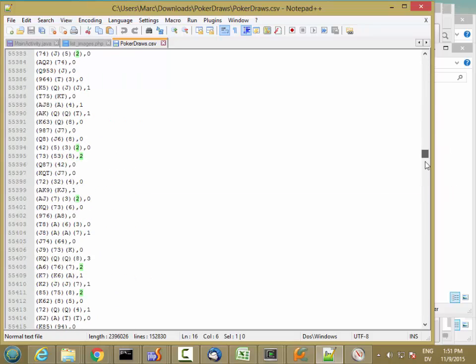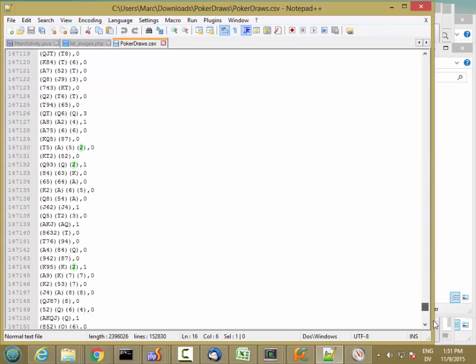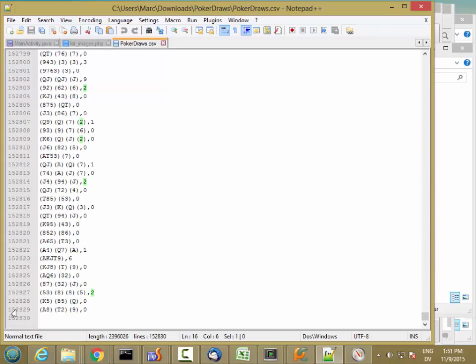And then I have all of these different hand combinations. It turns out there's 150,000 distinct grouped hands. So after you've done all this folding, you take all the possible 5-card poker hands and all the possible draws out of that, you end up with